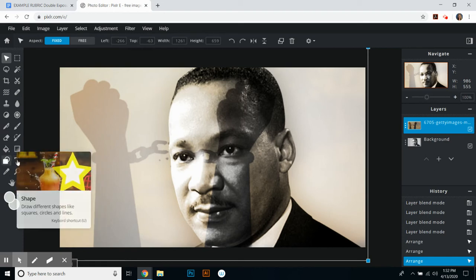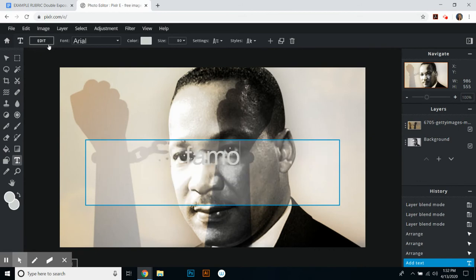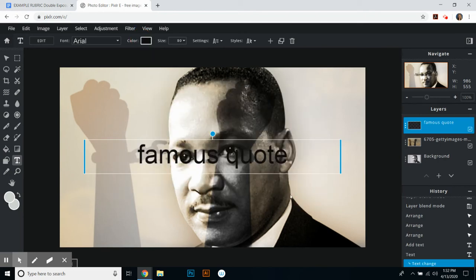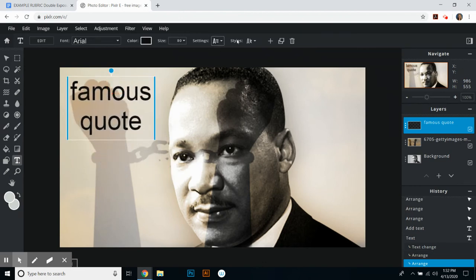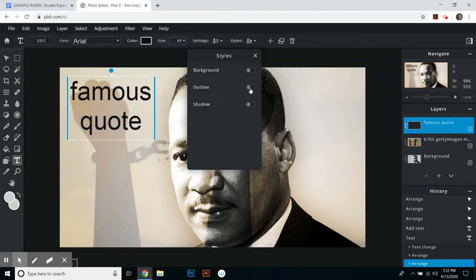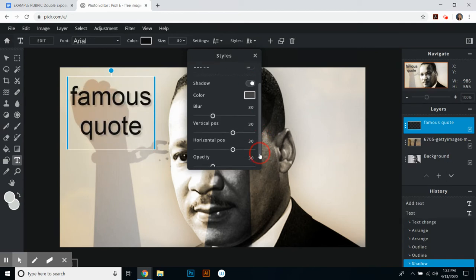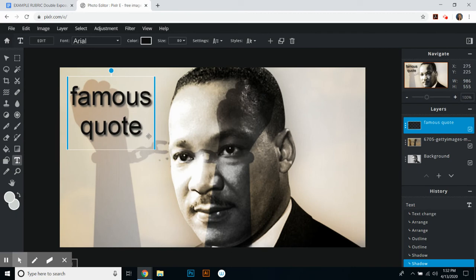But you're going to click on this text button and we're going to add text. And this is where you would include your famous quote that inspires you during this time. You can change the color to whatever color you would like. And then you can put that famous quote anywhere you want. You can change the style setting. You can outline it. You can do a drop shadow. Remember that you can scroll down here and you can increase the opacity of your drop shadow. And so you can play around with that. You can do different fonts. You can do bolds,